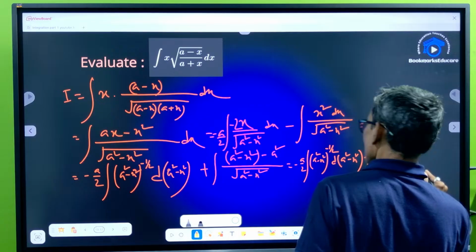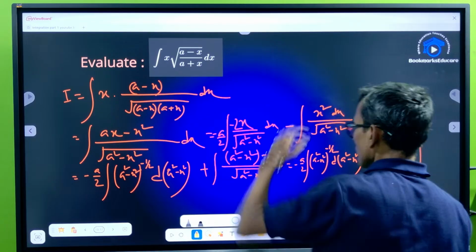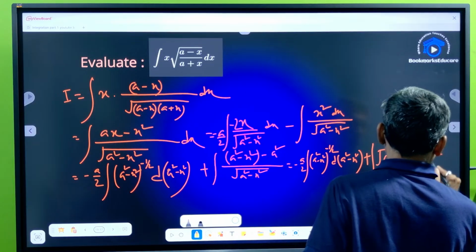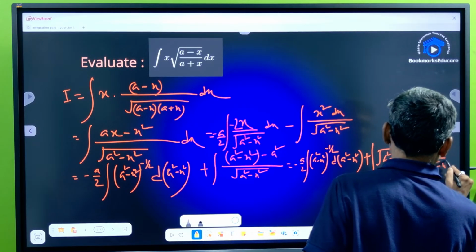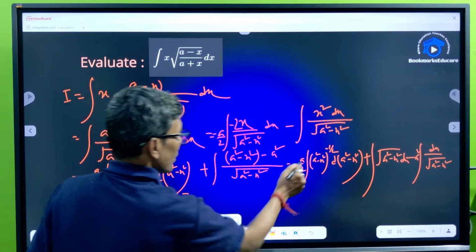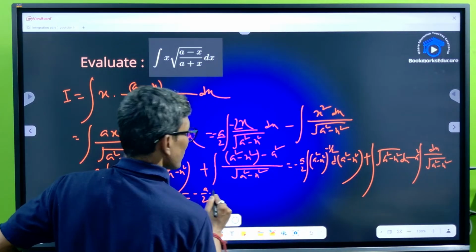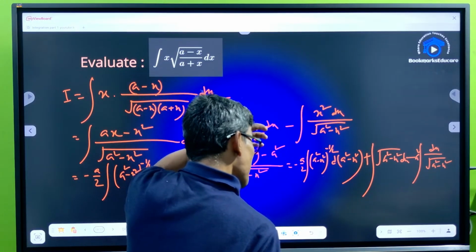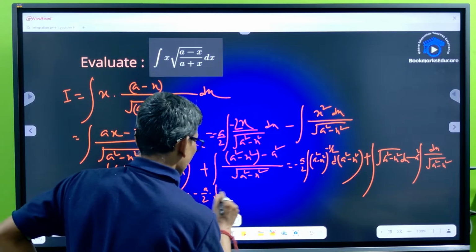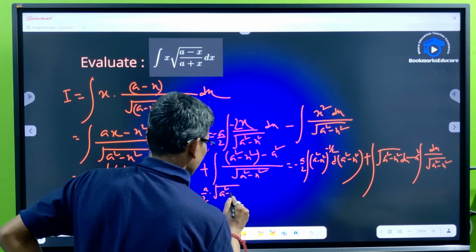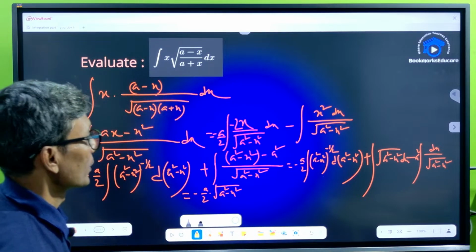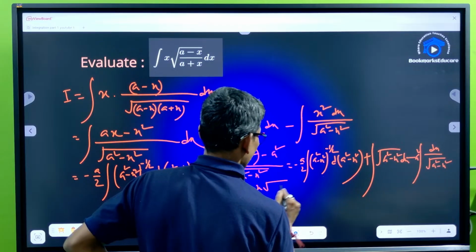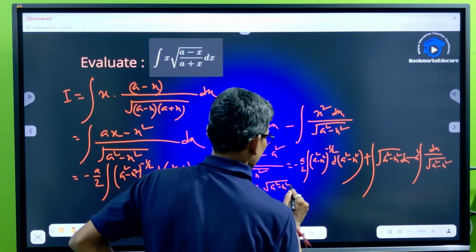dx, and minus integral of a square, which is constant, so dx by root over of a square minus x square. So minus a by 2 into root over of a square minus x square, plus x into root over of a square minus x square by 2